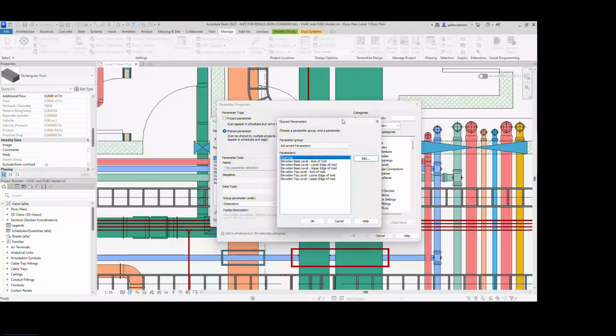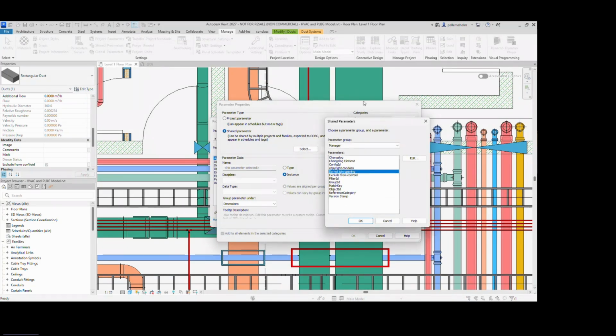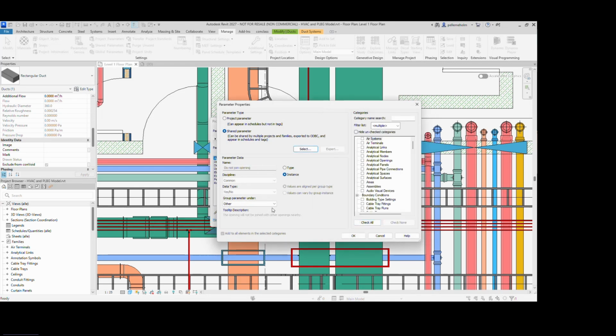Here we are. So we have a hidden parameter. I think it's here in our shared parameter file. You will find the parameter do not join opening, and you can add it as a project parameter,